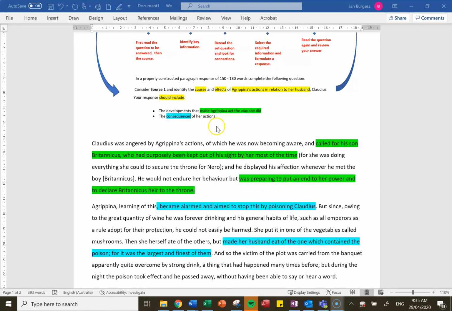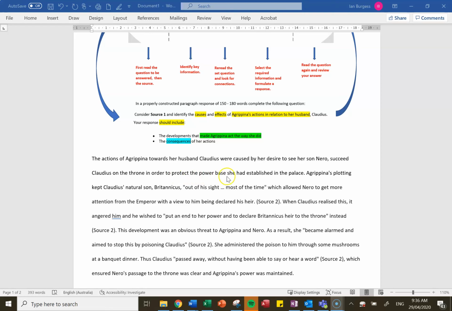All right, so pretty basic stuff here. It's a standard paragraph response with the topic sentence, supporting evidence, and summary sentence. All right, so the actions of Agrippina towards her husband Claudius were caused by her desire to see her son Nero succeed Claudius on the throne in order to protect the power base she had established in the palace. Okay, so I'm using the words of the question here. Okay, the actions of Agrippina